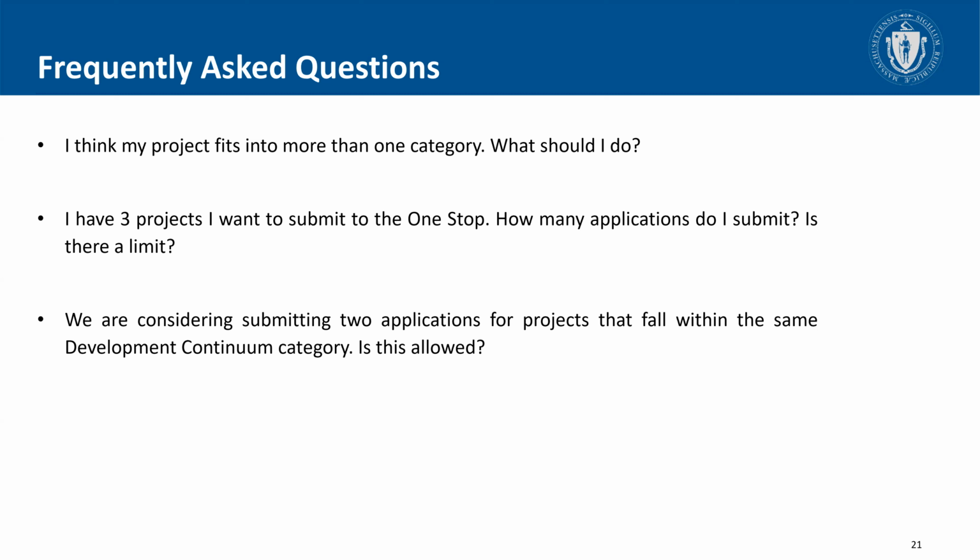So a good rule of thumb that we try to advise applicants is think about, make a judgment on what is the more priority project in that category that you want to submit. So technically, yes, you can submit more than 1 in the same category. Just know that they will be competing against each other. And like I said, some programs in the one-stop do limit 1 grant for their particular program. So that's important.